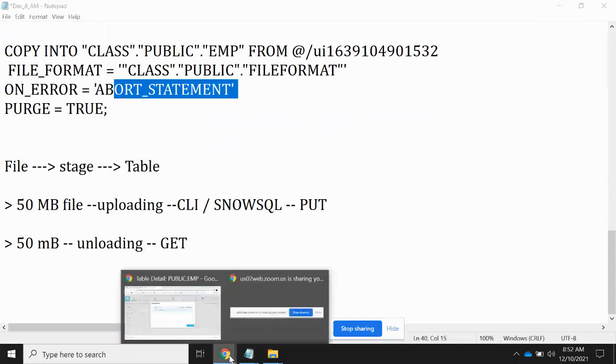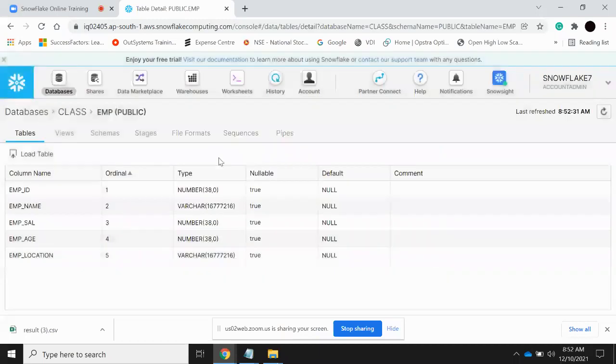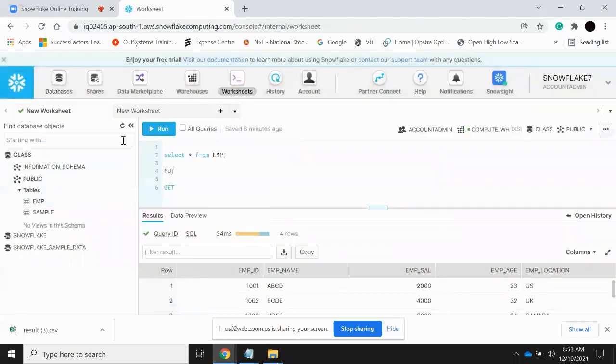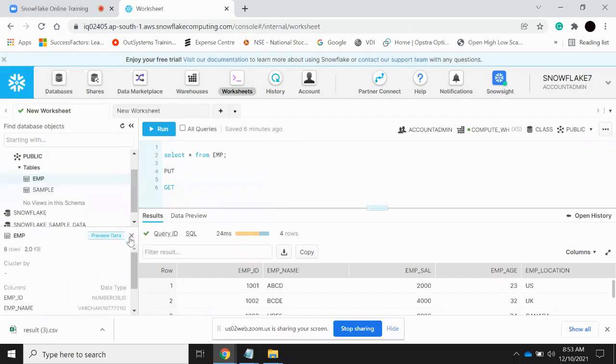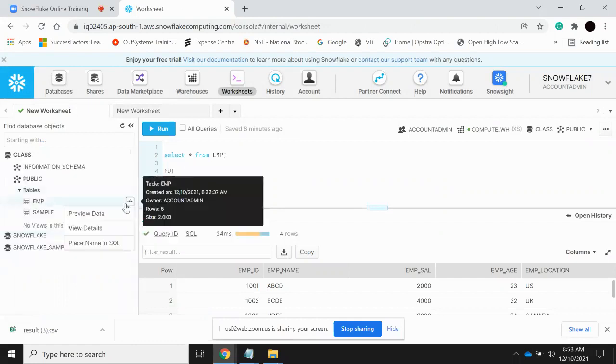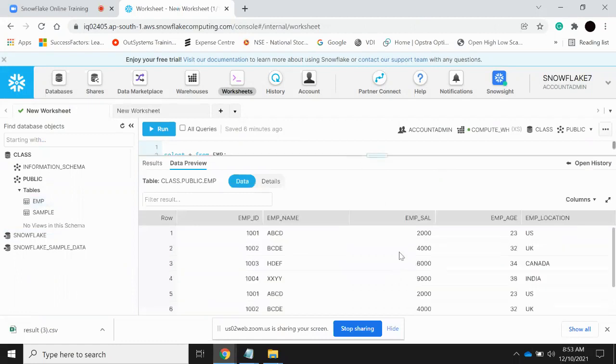So now let's observe this one here. See this, we are able to see the four same records, right? Now come and check the data in the table, refresh it here, and then see this, we have 8 records, right? You can check the data here, click on this option and then preview data. When you click on preview data, you are able to see that,